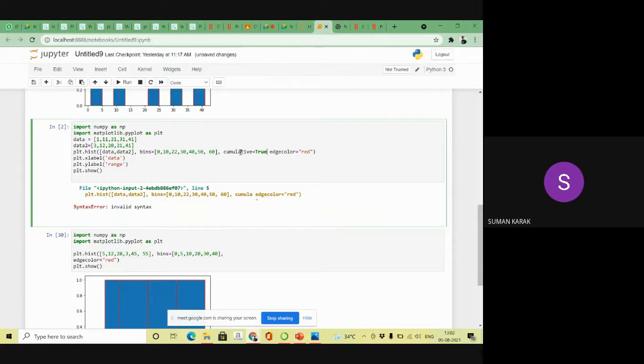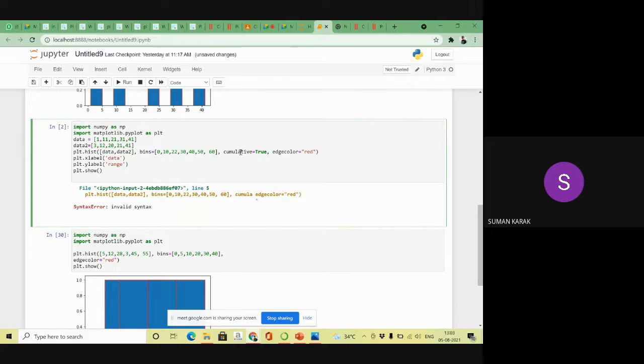Now the question is, what is the cumulative function and why am I using it? I already told you the cumulative default value is false. So if you do not mention cumulative, then automatically the false value will be assigned.